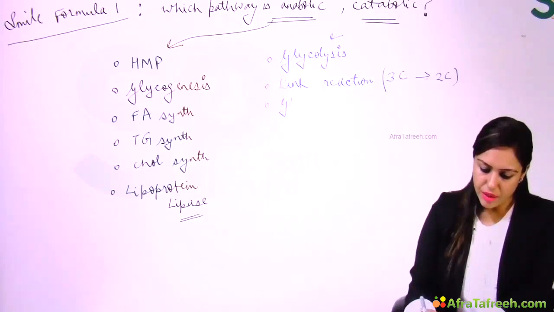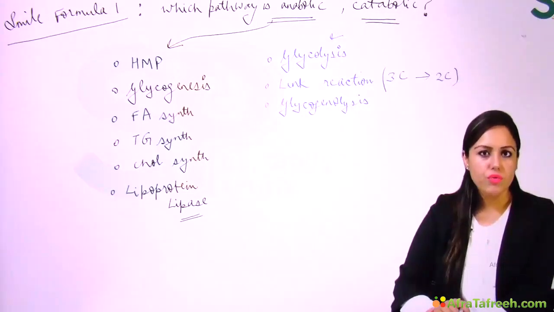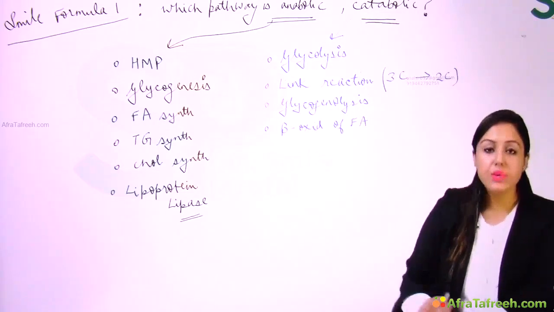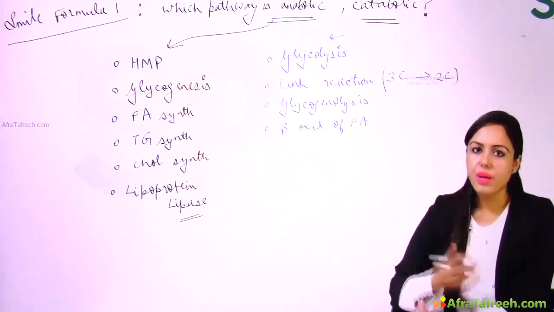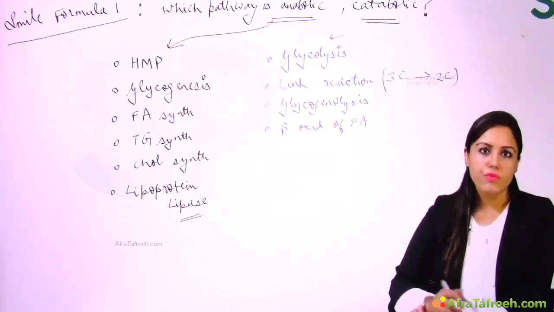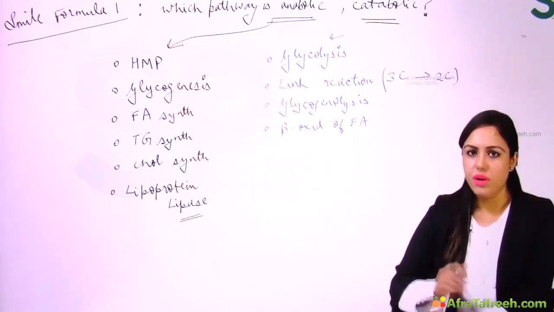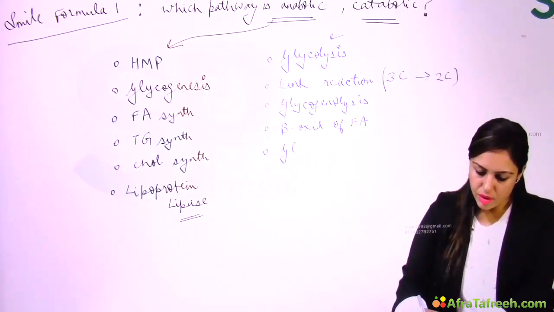Then breakdown of glycogen, glycogenolysis is catabolic, obviously, breakdown of glycogen. Then beta oxidation of fatty acid, which is catabolic, that is breaking down fatty acid. You know, beta is the major pathway for fatty acid breakdown. Other minor ones are alpha and omega oxidation, right? The next catabolic is